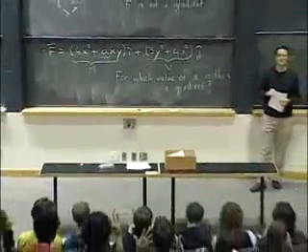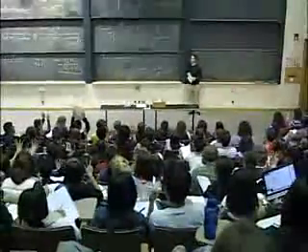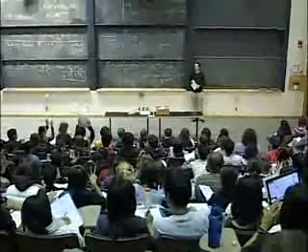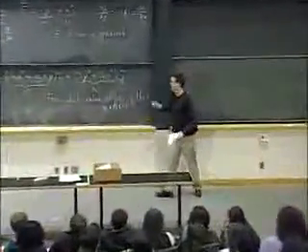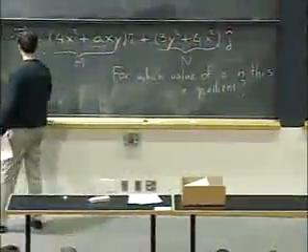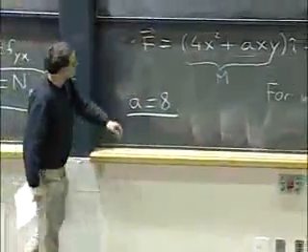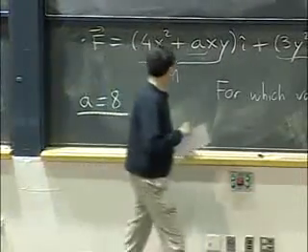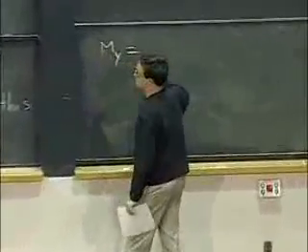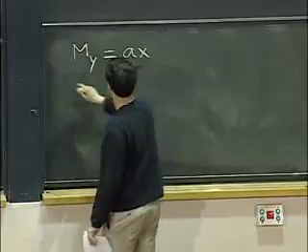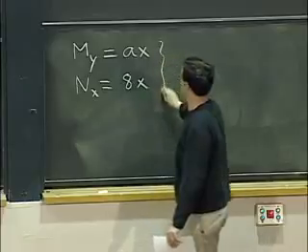Yeah, okay, so I see various people with the correct answer. And yes, okay. That's a strange answer, but yeah, I see. Okay, that's a good answer. So the vote seems to be for A equals 8. And let's see. If I take M sub y, that is going to be just Ax. And N sub x, that is 8x, so I would like A equals 8.